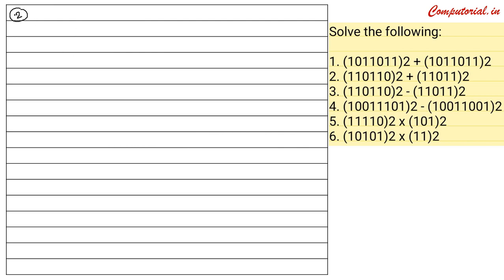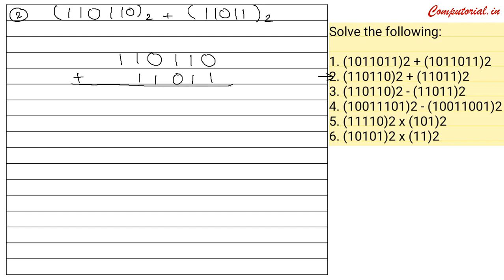Well, question number 2 is again a question of binary addition. So this time I will not note down the rules, I will directly show you how we can add these numbers. So it was 110110 with a base of 2. In this we have added 11011 with a base of 2. Now let's note down the digits first. 110110, then 11011. On this side we are writing plus sign. Now we have to add this.